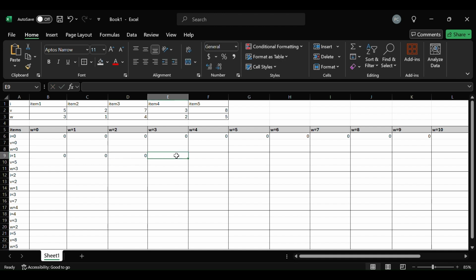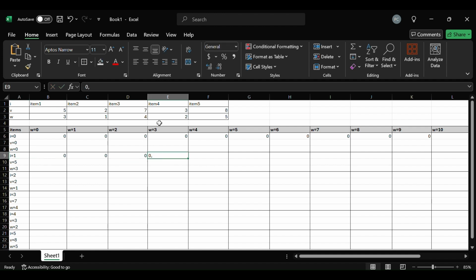Here we have a weight limit of 3, and our item has a weight of 3. So we can pick up this first item for this block. We need to decide between did not pick versus pick. If we don't pick up the item, our value will be 0, and I get that value from this block above it. Compared to if we do pick up the item, our value will be